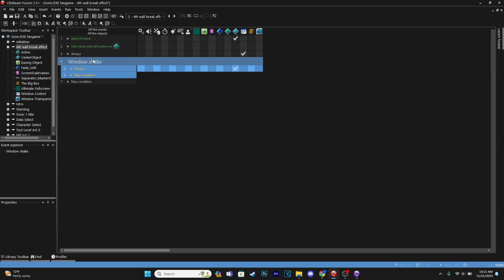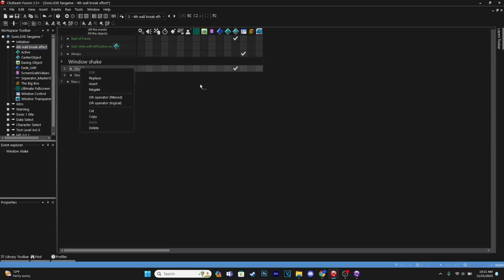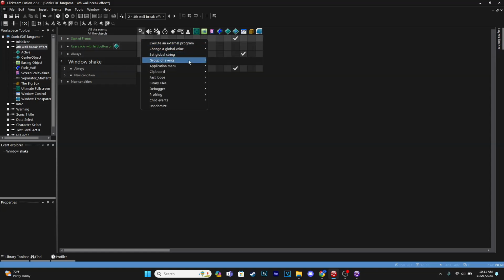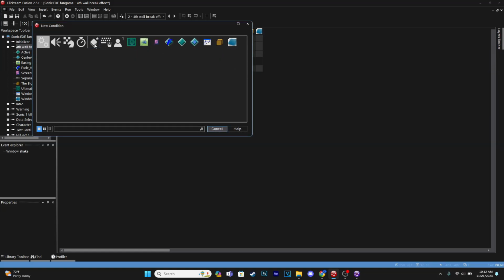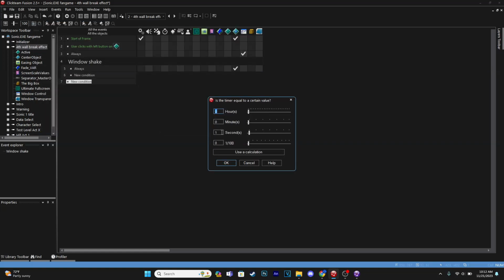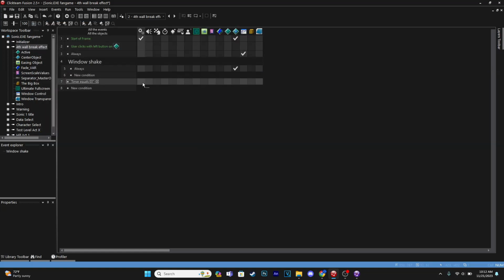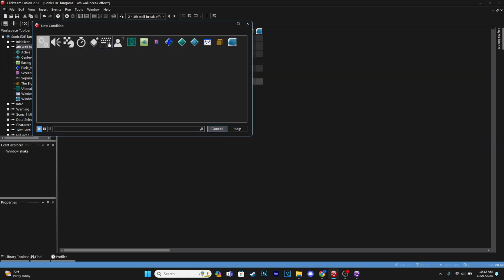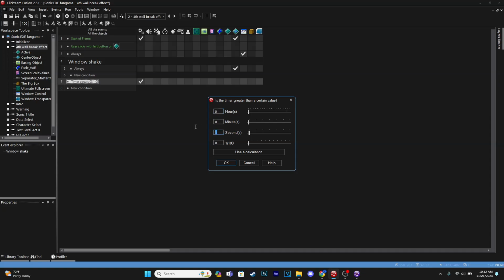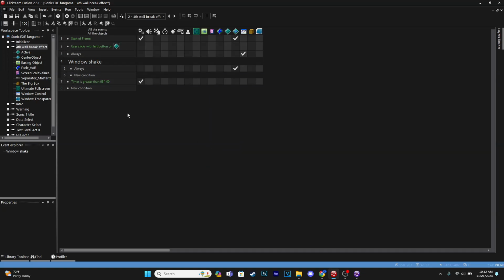Why I say do this in a group is because it's an always event, so you can't, unless you add something like when a value is equal to this and always, then you can try that. But what I'd recommend is to deactivate a group of events at the start. Say for example, timer event objects is usually what we want to do. Say after 3 seconds, then we activate it. And what I'd actually recommend doing is, if you're going to use a timer, do is it greater than 3? Because if the timer goes so fast that it misses the 3 seconds, it could possibly miss the event and